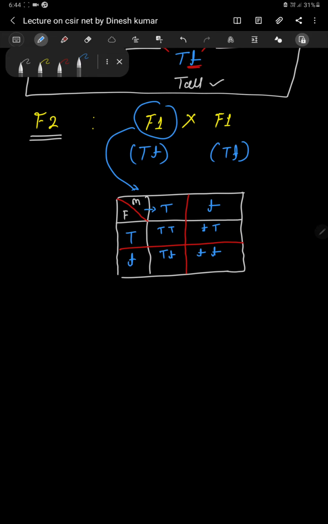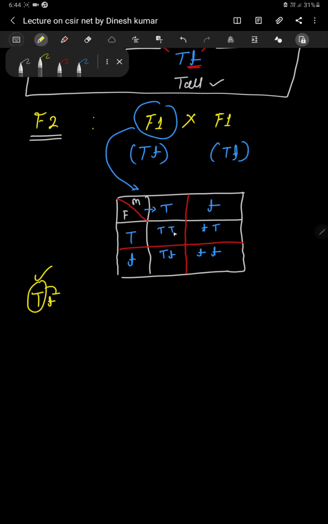Now what will be the genotype? Basically these are our four possible genotypes. Then what will be the phenotype? We know capital T is our dominant character over the recessive character small t. So whenever the dominant character is present along with the recessive character, it will always suppress the recessive character. The recessive character will be there but it will not express itself. The character is always phenotypically determined by the dominant character only.